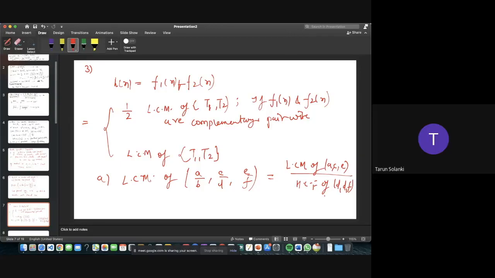check this. If you take an example like the LCM of 2 pi, pi and pi over the HCF of 3, 6, 12, it becomes like the LCM of 2 pi by 3, pi by 6 and pi by 12, right? So this is the HCF, and it becomes 2 pi by 3. So the LCM becomes 2 pi by 3 for this function. Okay, so you can copy this.